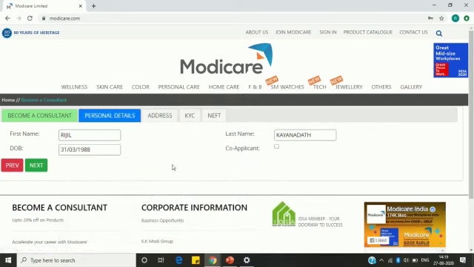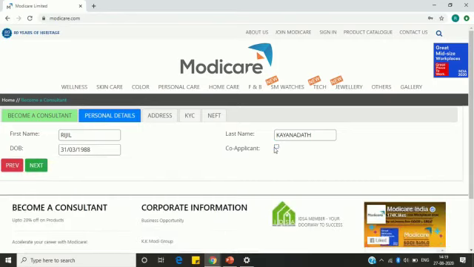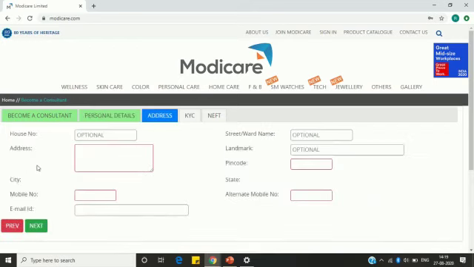If you have a co-applicant, you mark here and then enter your co-applicant's details. And if you don't want to enter, simply leave it blank. And then click next.